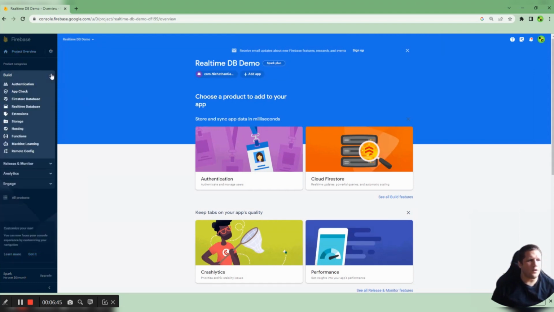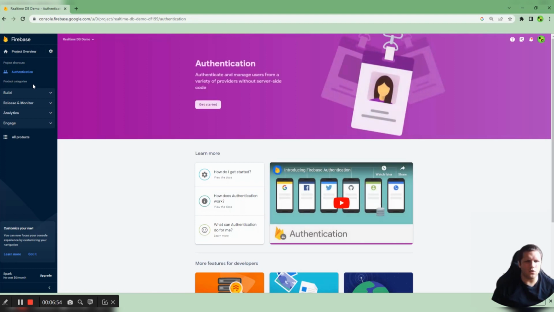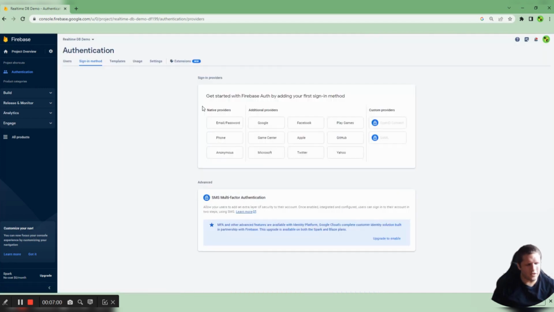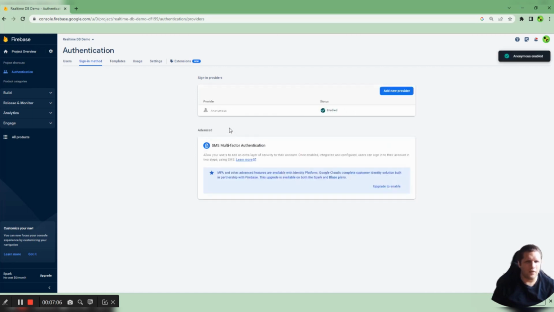The next thing we do want to do is it's good to have an authentication for your app. I have other videos about doing things like Google OAuth authentication, but for this, we are just trying to focus on the database, so I'm just going to do an anonymous authentication. Email and password is very simple as well, but you do need to spend a lot of time in Unity developing that whole setup. And now that we have our anonymous authentication enabled, that we see from authentication sign-in method enabled,